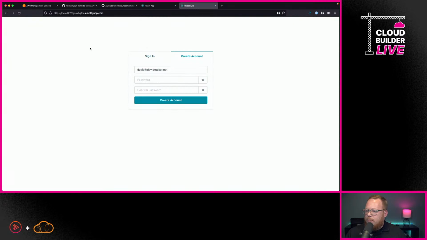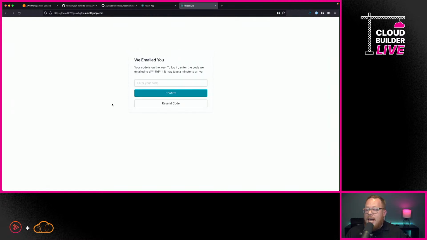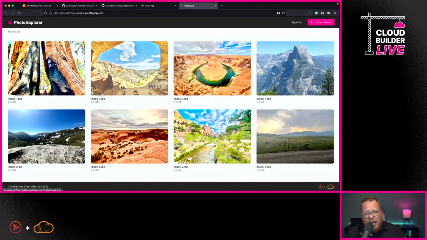So we're going to set one up here. I'll enter in my email address, I'll enter in a password, and now we'll hit create account. By default, Cognito does an email validation, and all of this is baked into the service. It's going to send me a code that I need to enter in to make sure that it really is my email address. One of the great things about this is that all the UI elements for any of those challenges that may happen are provided within the React components for Cognito, which is a part, again, of Amplify. So all of this is provided for you.